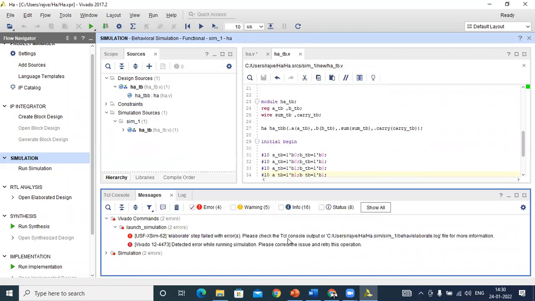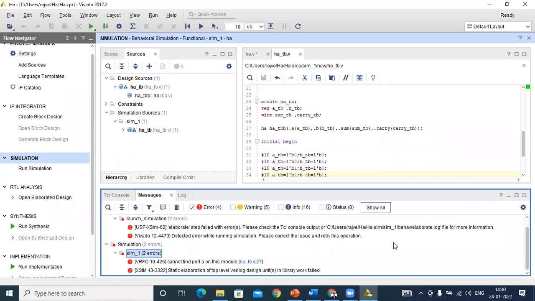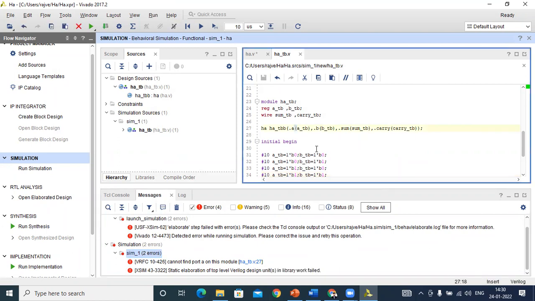If you're getting any error, you can easily see it with the help of the message window. Please check the Tcl console. The simulation has 2 errors. Which type of error? In half adder TB line 27, you click on 27. Then we get: cannot find port A.